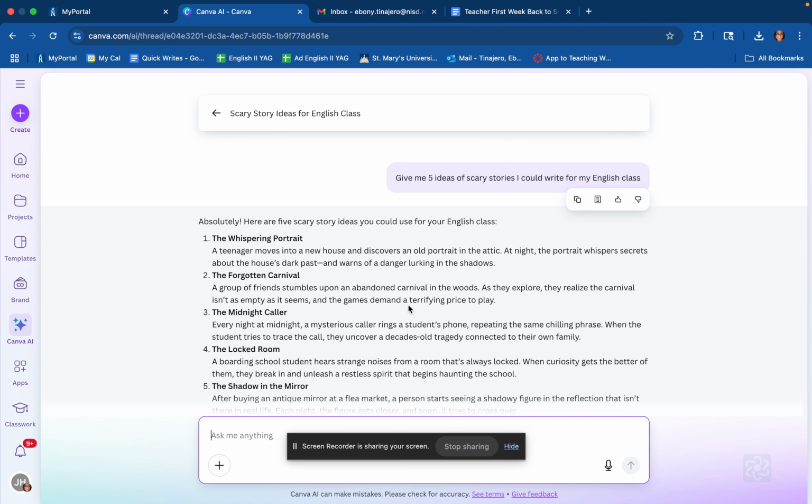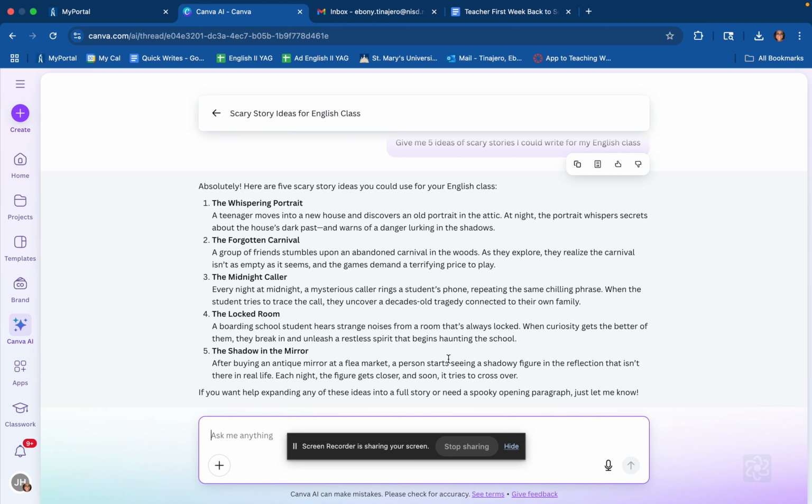Okay, and then it'll give you the title, and then it'll tell you what it's going to have, and then they have to add those details. So it is good for generating ideas.